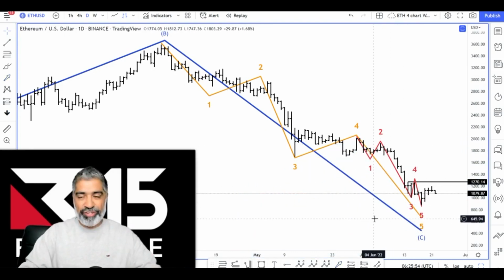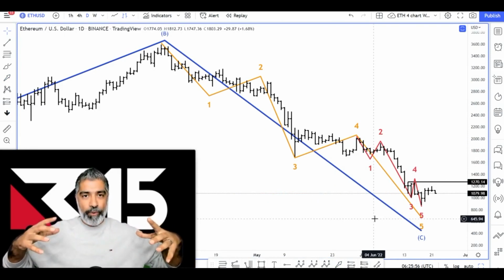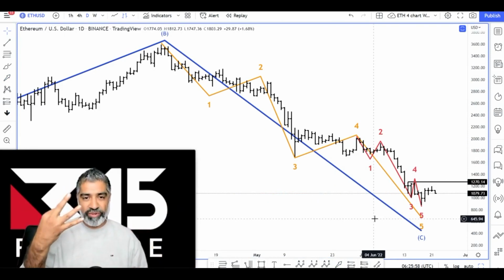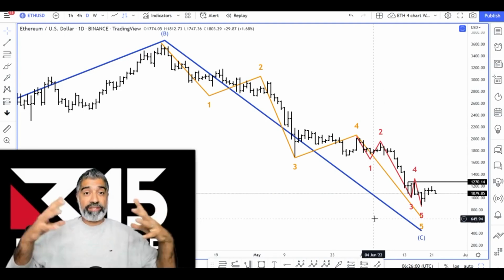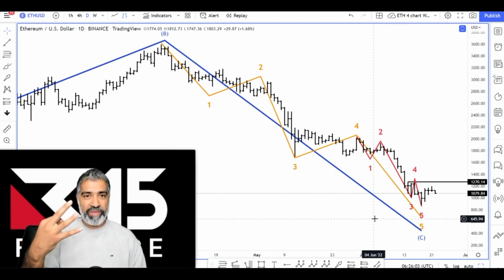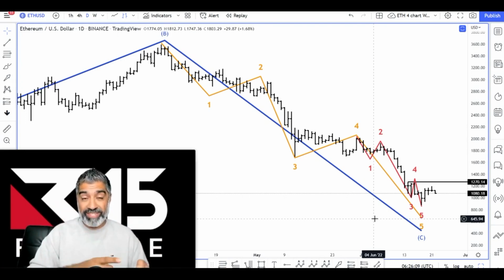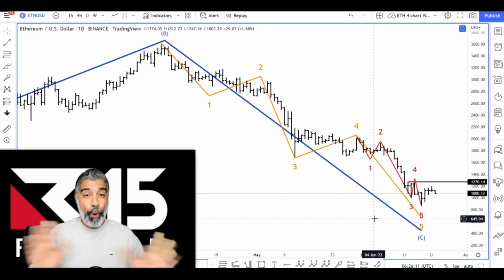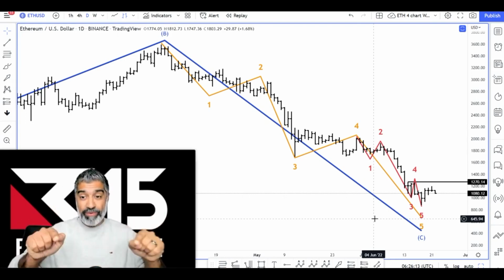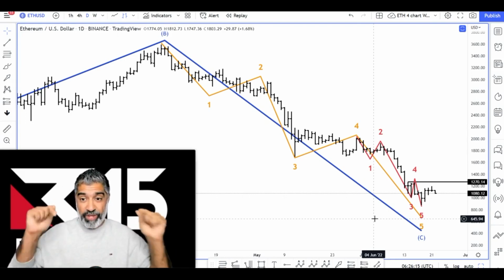Now what that means in English is basically markets tend to unfold in particular patterns, 5s and 3s. And they happen in different degrees. And here we're looking at 3 degrees of wave counts. Very important, very powerful. But when coincided with Fibonacci price, which is what we're going to dive into today, then it takes it to a whole new level. So if you haven't watched this, it's worthwhile watching yesterday's video on the pattern.